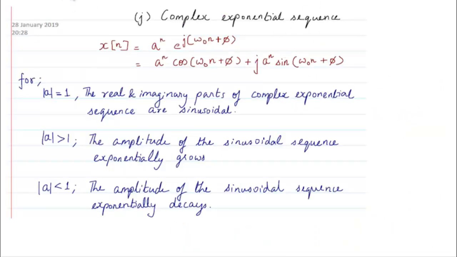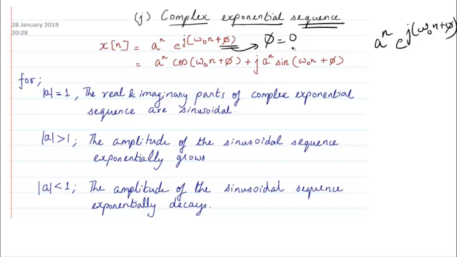In discrete time, we have what is called the discrete complex exponential sequence. The sequence is for a discrete time signal, and just like the other case, you have a raised to power n multiplied with the complex e raised to power j omega naught n plus phi, where this phi has been added extra. Most of the time the phi may even be 0, but it can depend from problem to problem.